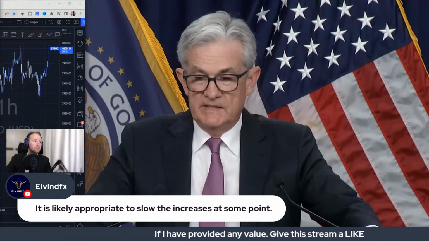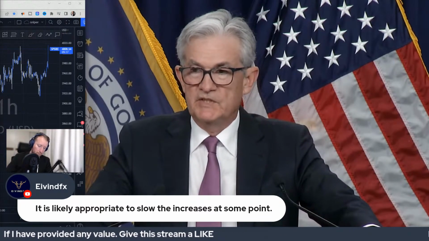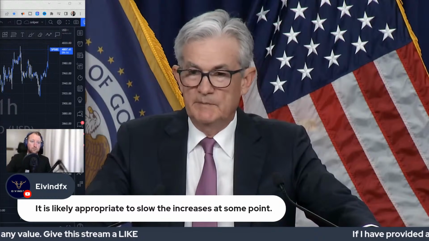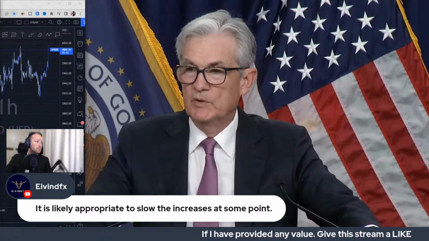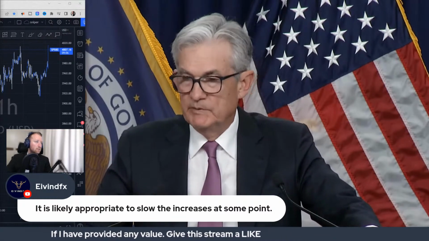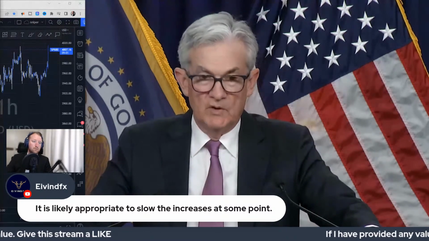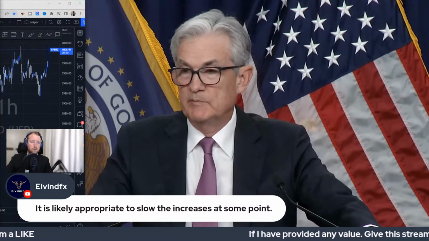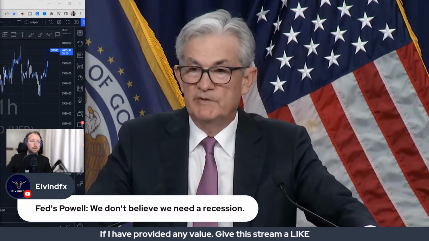I do think, as I said just now, that restoring price stability is just something that we have to do. There isn't an option to fail to do that, because that is the thing that enables you to have a strong labor market over time. Without restoring price stability, you won't be able to, over the medium and longer term, actually have a sustained period of very strong labor market conditions. So, of course, we serve both sides of the dual mandate, but we actually see them as well aligned on this.